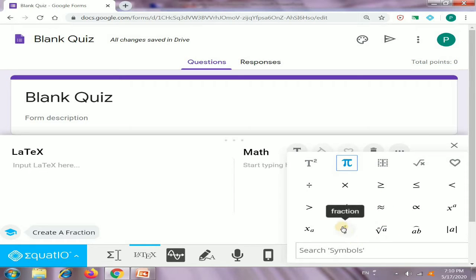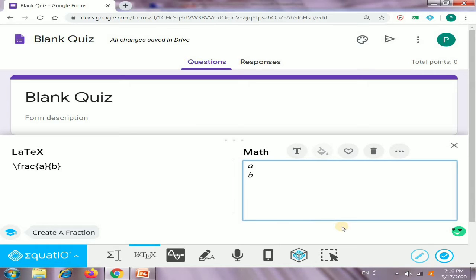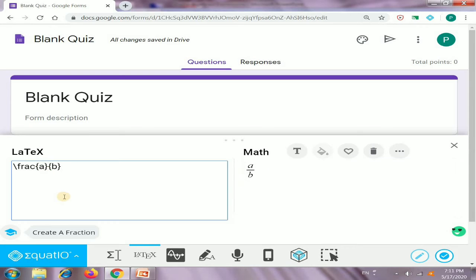Suppose we want to insert a fraction, we'll select that. By default it will print a upon b, so we can simply change the values. In place of a we have written 2 and in place of b we have written 3. So it will give you the fraction 2 upon 3. It writes the code for you, you only have to make the changes.